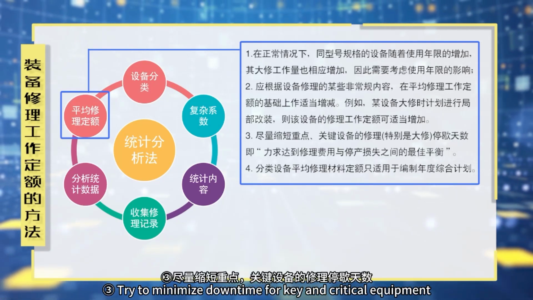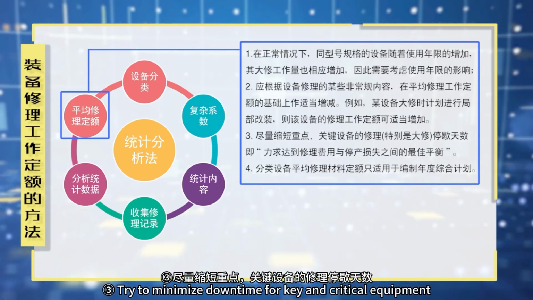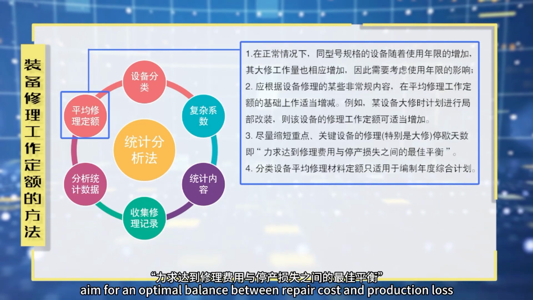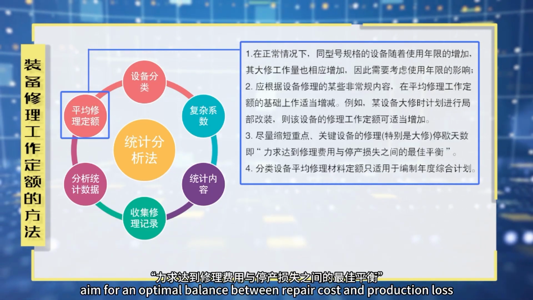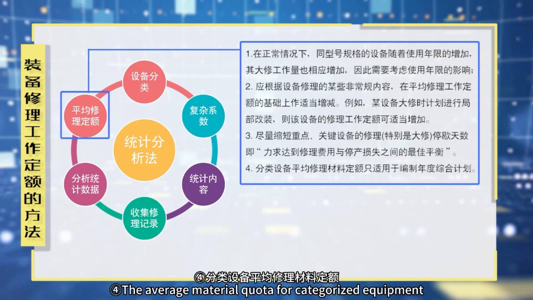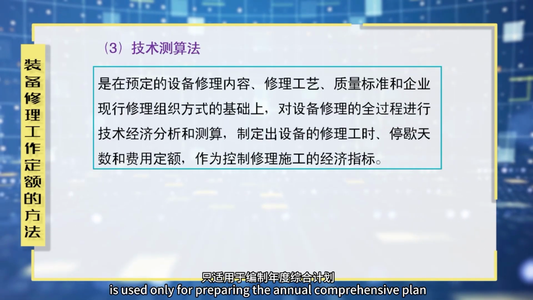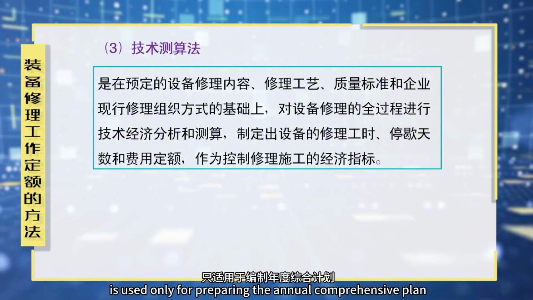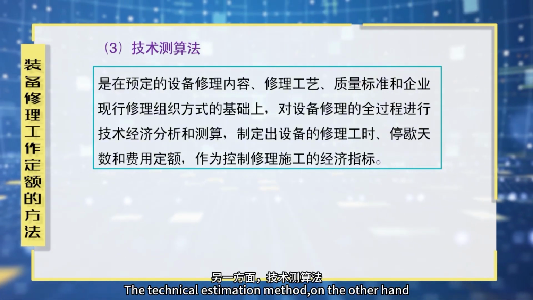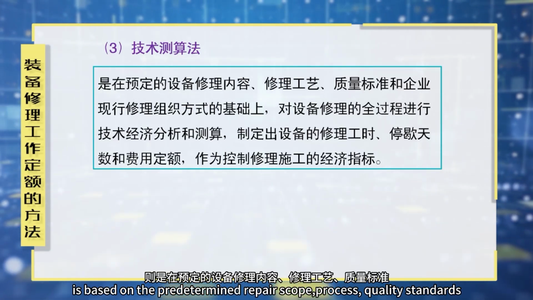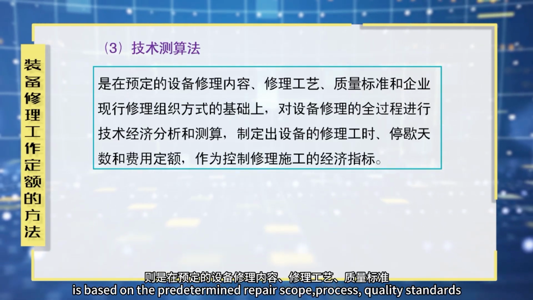Third, try to minimize downtime for key and critical equipment. That is, aim for an optimal balance between repair cost and production loss. Fourth, the average material quota for categorized equipment is used only for preparing the annual comprehensive plan. The technical estimation method, on the other hand, is based on the predetermined repair scope, process, quality standards, and the